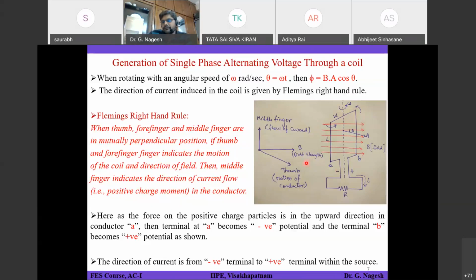Okay. Here what you have to think is that we are talking about a generating voltage. That means this is a generator. If you consider a DC circuit, the polarity is like a battery. The battery plus terminal is B, because current will come out of the battery plus terminal. The same scenario applies here. This is a generating part, the internal part. This is a voltage source. If you consider this entire thing as a voltage source, this is how voltage is actually generated in a generating station. But at the end, you will give a polarity with plus and minus signs, indicating that current is coming out from plus.